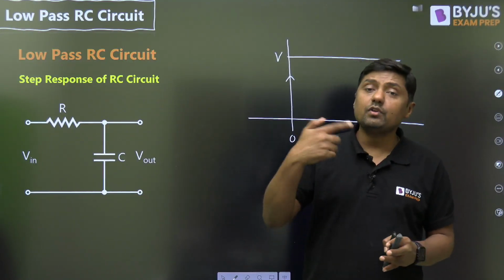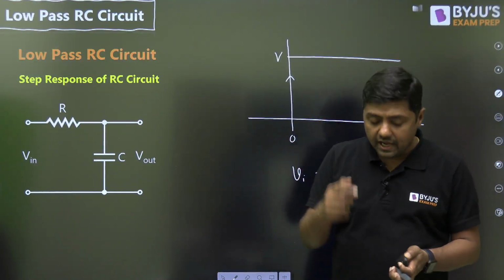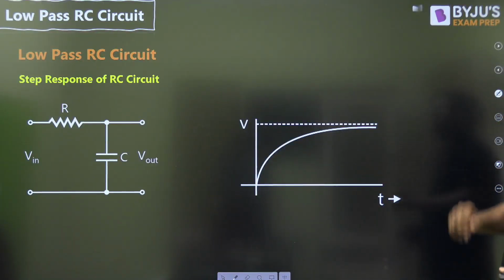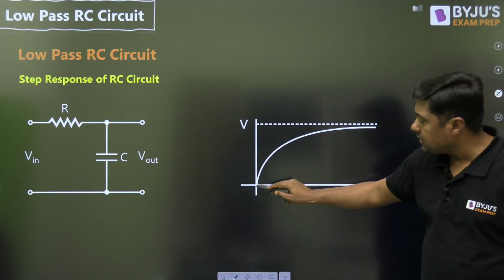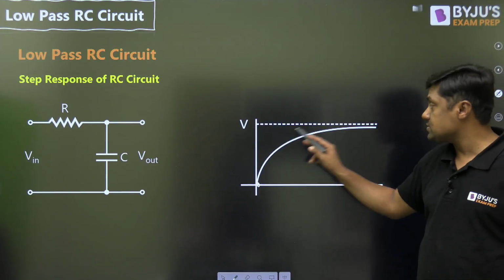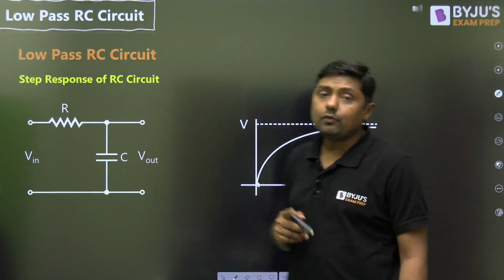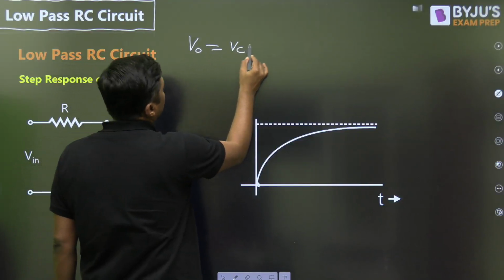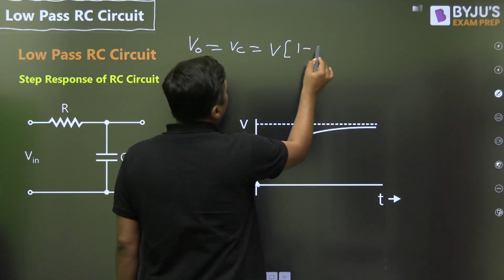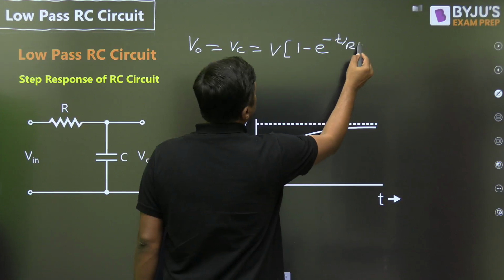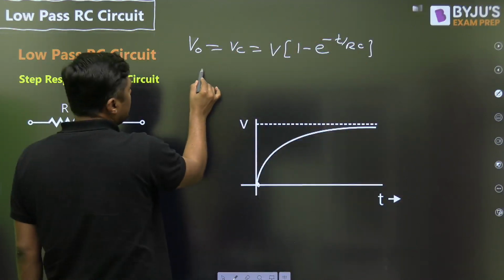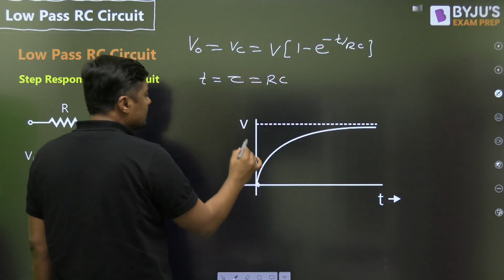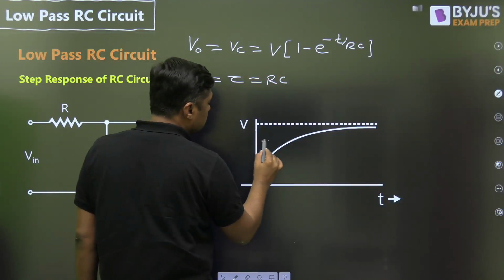Now the capacitor will start charging and you will get this type of response. Exponentially increasing function, because we are taking the output across the capacitor. Capacitor does not allow sudden change of voltage. So what will be the equation? Here you will get the output as VC, voltage across the capacitor, as V1 minus e raised to power minus t by RC. And exactly at one time constant, that is called tau RC, this will reach up to